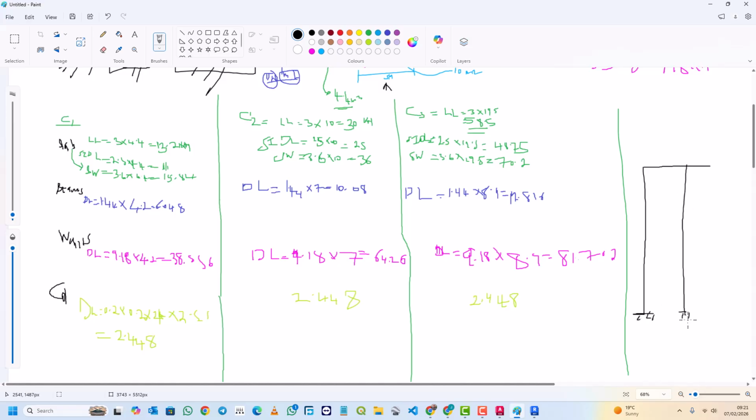Assuming that we are viewing this building from one side like this, then we have one floor, second, third, then this one is actually the fourth. Then we assume we have our ground floor at this point, and the other one is actually the foundation. So this one is ground floor, then this one is first, this one is second, this one is third, and this one is roof